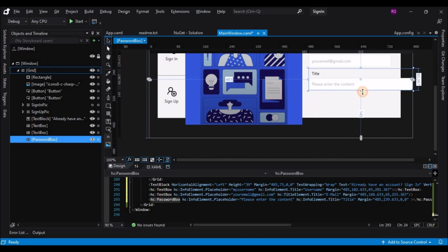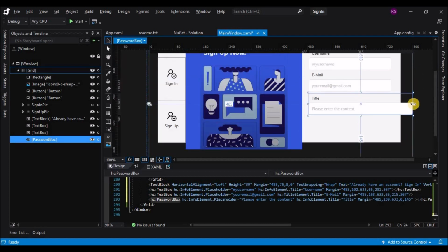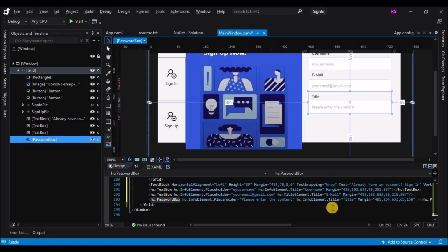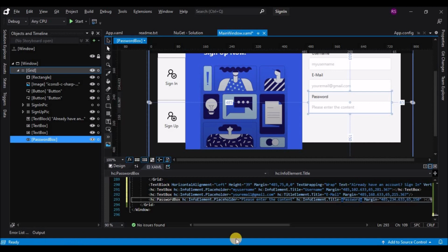Okay, and yeah, so let's now change the title to password, change the placeholder text to my password.